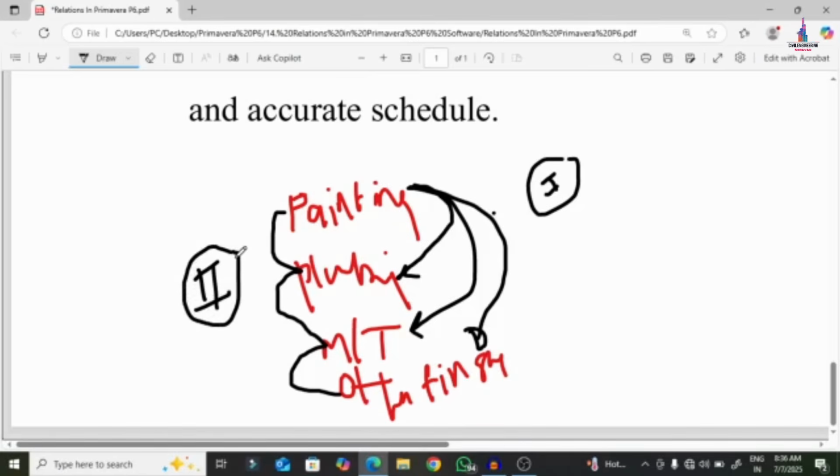And the third case is after finishing painting work, you can directly go to marble work. This is just my assumption, in order to give you a perfect understanding of the relation concept. After painting work, I need to go to marbles and tiles work, and after plumbing work, I need to go to other finishing work. You can assume it like this. This is the third case. And the fourth case is